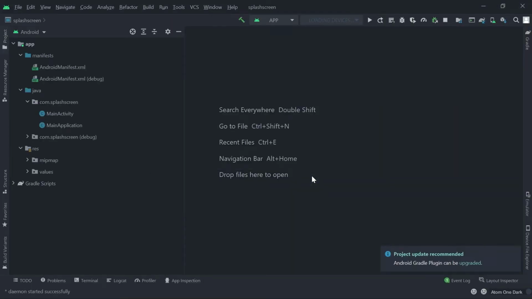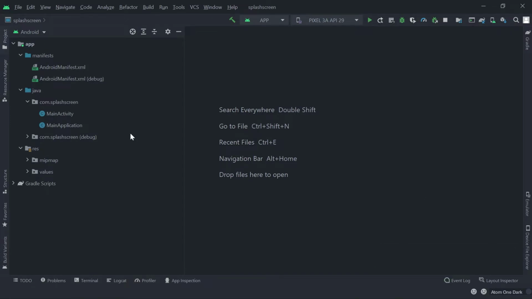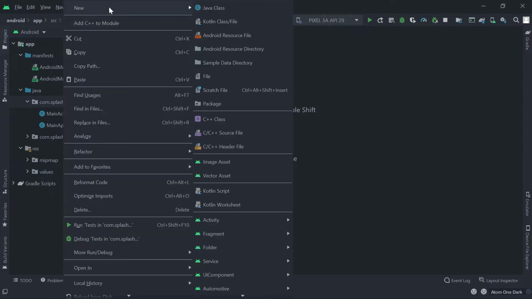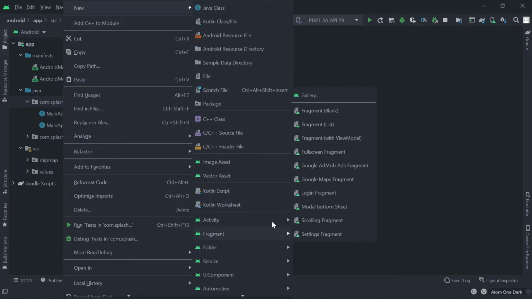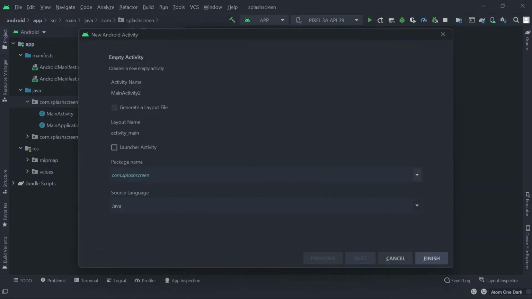On the left side you can see Android's folder structure. It contains manifest and Java files. Now go to the Java folder and then the com.splash folder, right click on it, go to new, activity, and then just click on empty activity, and now just rename this activity to SplashActivity.